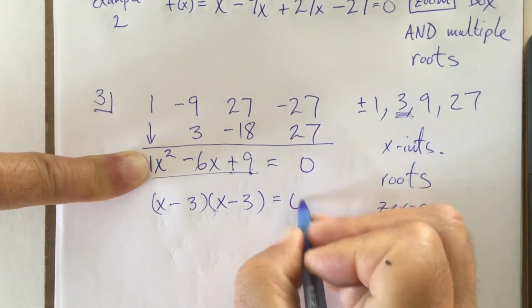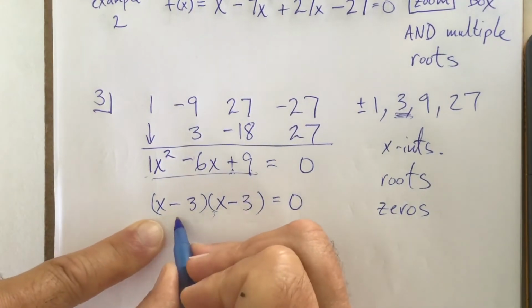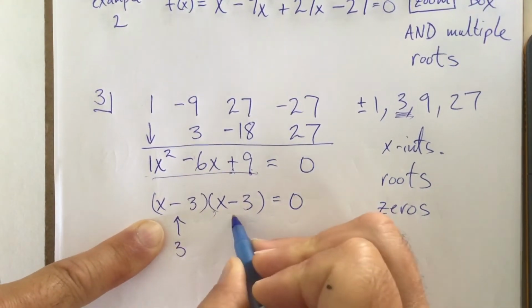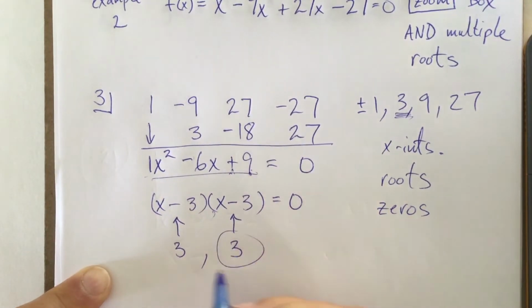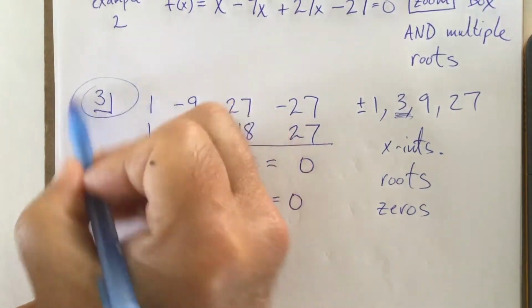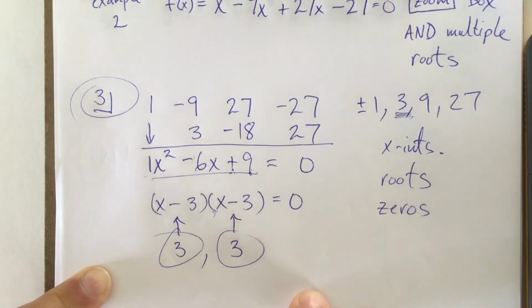And remember, we're setting this equal to 0. So this answer here is a 3. This answer here is a 3. You're getting a 3. You're getting a 3. Everyone's getting a 3. I feel like Oprah. But